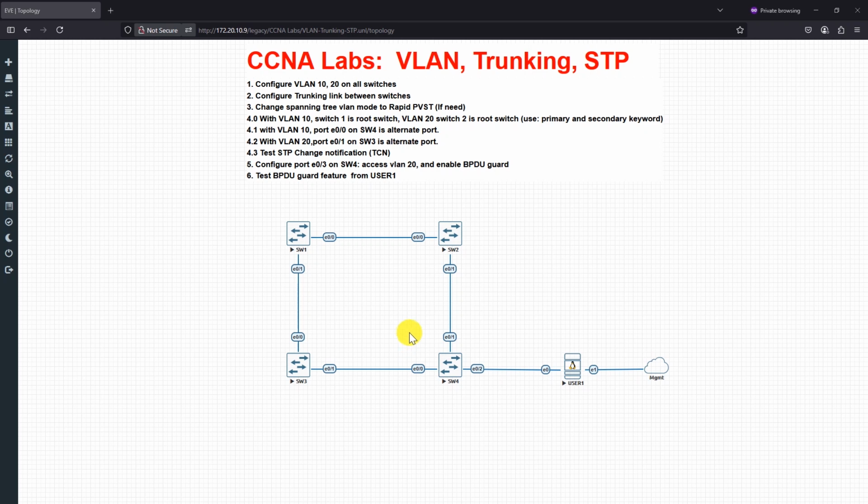If you are using the old image, old virtual IOLs, you need to change the spanning tree VLAN mode to rapid per-VLAN spanning tree. In my case, I use the new IOLs image, so I don't need to change because rapid per-VLAN spanning tree is the default mode. After that, I configure the spanning tree for VLAN 10 and VLAN 20 using the primary